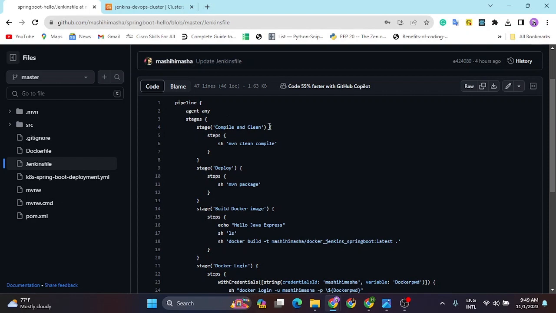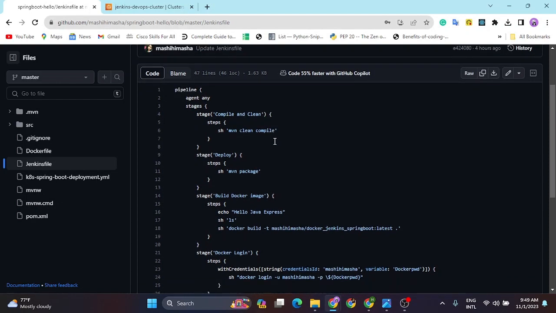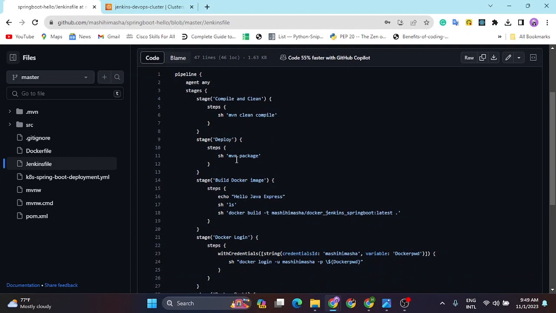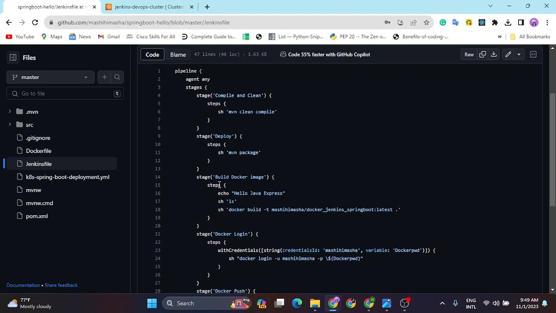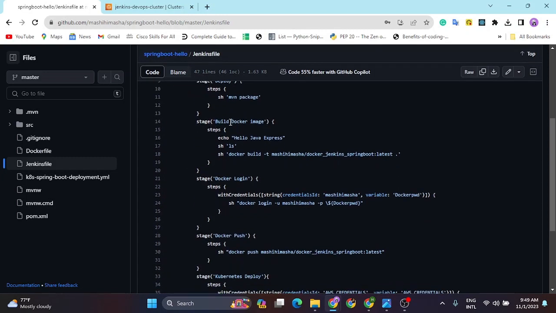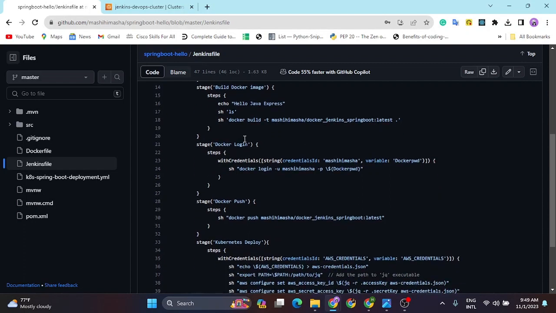First, compile and clean. Maven is used for this, and then the deploy stage. Maven packages this Spring Boot sample application, and then builds the Docker image, and then this Docker image is pushed into my DockerHub, and then